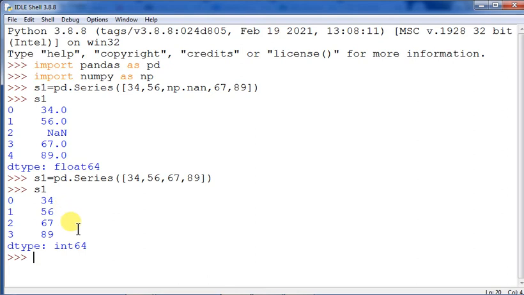Fine. So this is a very small aspect, because often this kind of question comes in generating the outputs in multiple choice questions. Maybe this kind of options are there. One option may be given in this way: 34, 56, nan, 67, 89. Another option may be 34.0, all these things. So you have to choose the one where 0.0 is involved. So this is very important. Not only this one, in a data frame also the same thing will occur in case of a nan value. All the whole number integers also will be converted into decimal values, I mean to say the float value. Okay, so that is the thing.